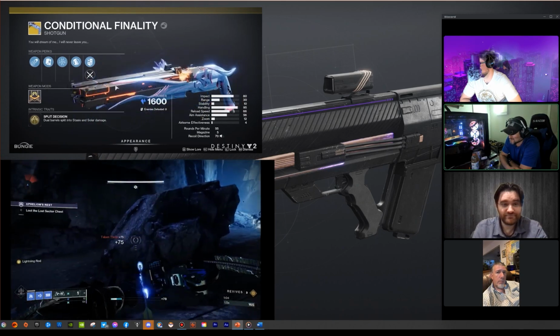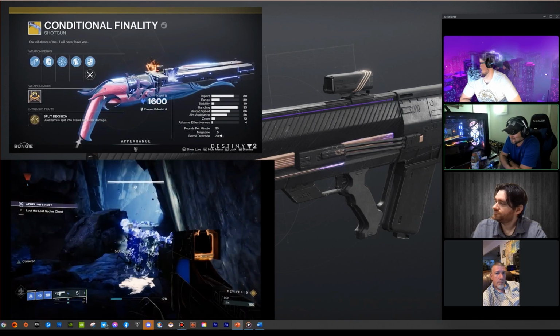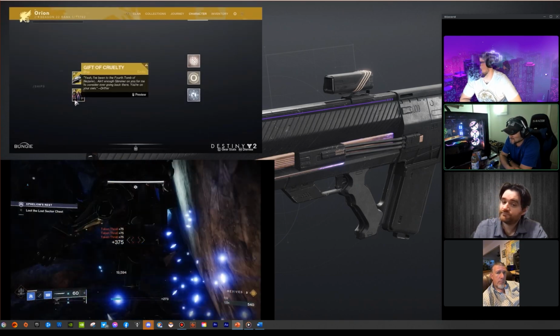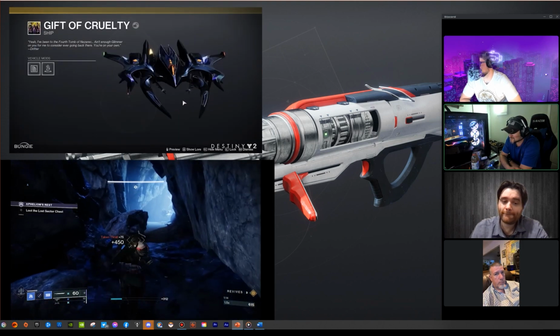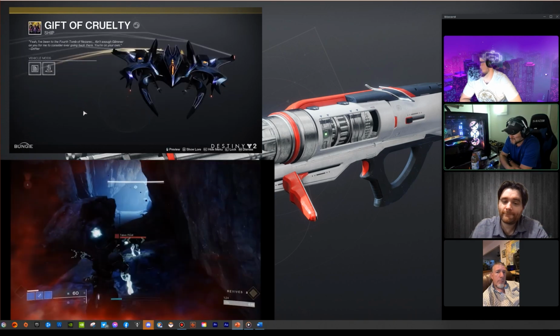I bet you that vertical change is specific to a perk that you get on that gun. Any of the weapons, I bet you that vertical change is specific towards a specific perk that you have. So if you have a perk that is,